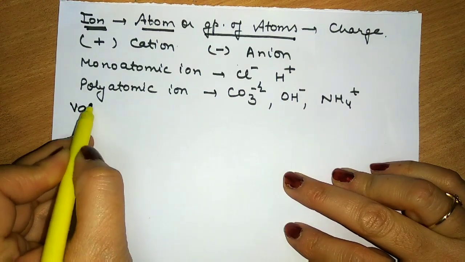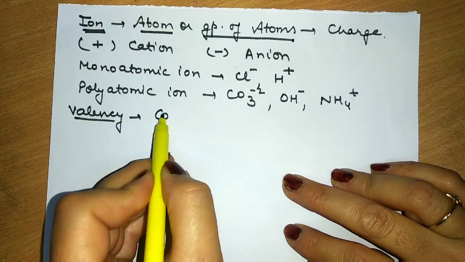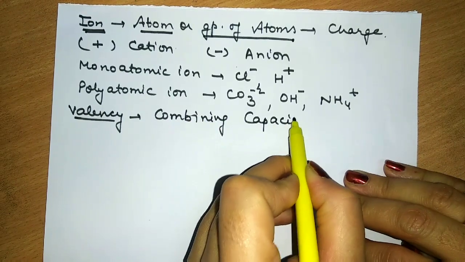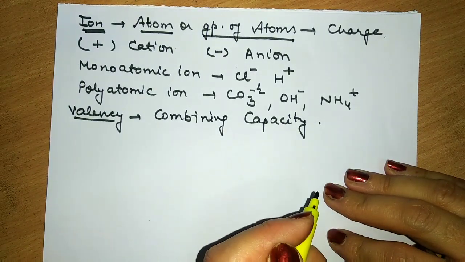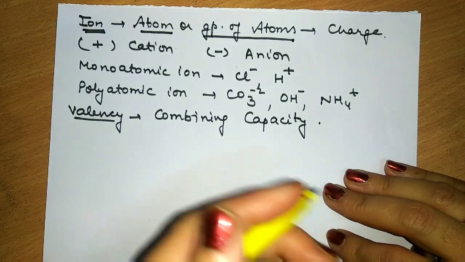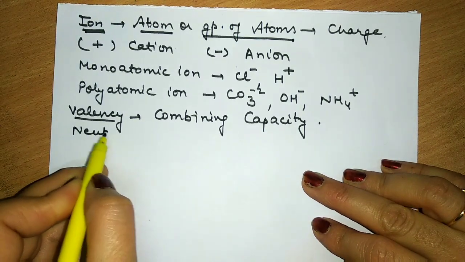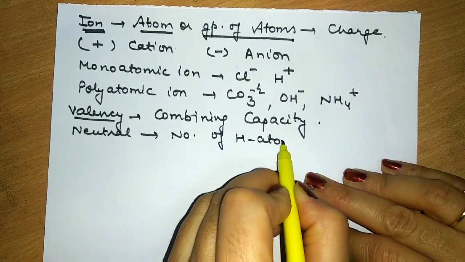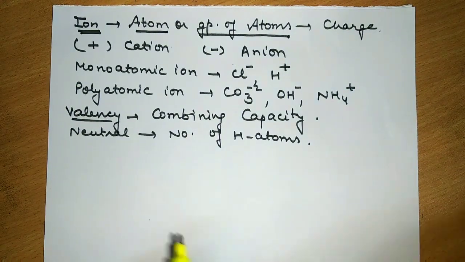Next we have is valency. What is valency? So valency, when we talk, we say that it is combining capacity. कितने bond बना रहा है? It is equal to the number of H atoms. कितने H atoms से जुड़ा हुआ है? And for an ionic compound, it is equal to the number of units of charge on the ion. So for a neutral atom, valency क्या हुई? Number of H atoms. कितने H atoms उससे जुड़े हुए? If an H atom is not there, then we'll count how many bonds it has been bonded with.